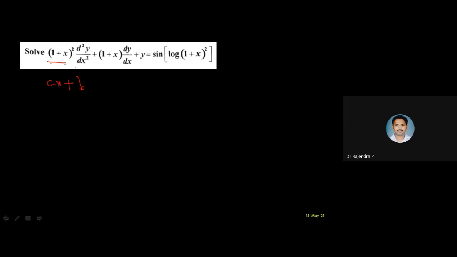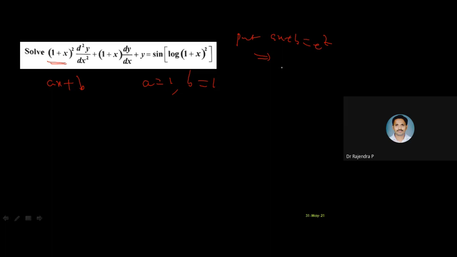Is it in the form of ax plus b or not? Yes, sir. So what is the a value here? 1. B value? 1. Good. So now we know that. Immediately, as you know, if you are taking the substitution ax plus b as e power z, then we are going to get the results.